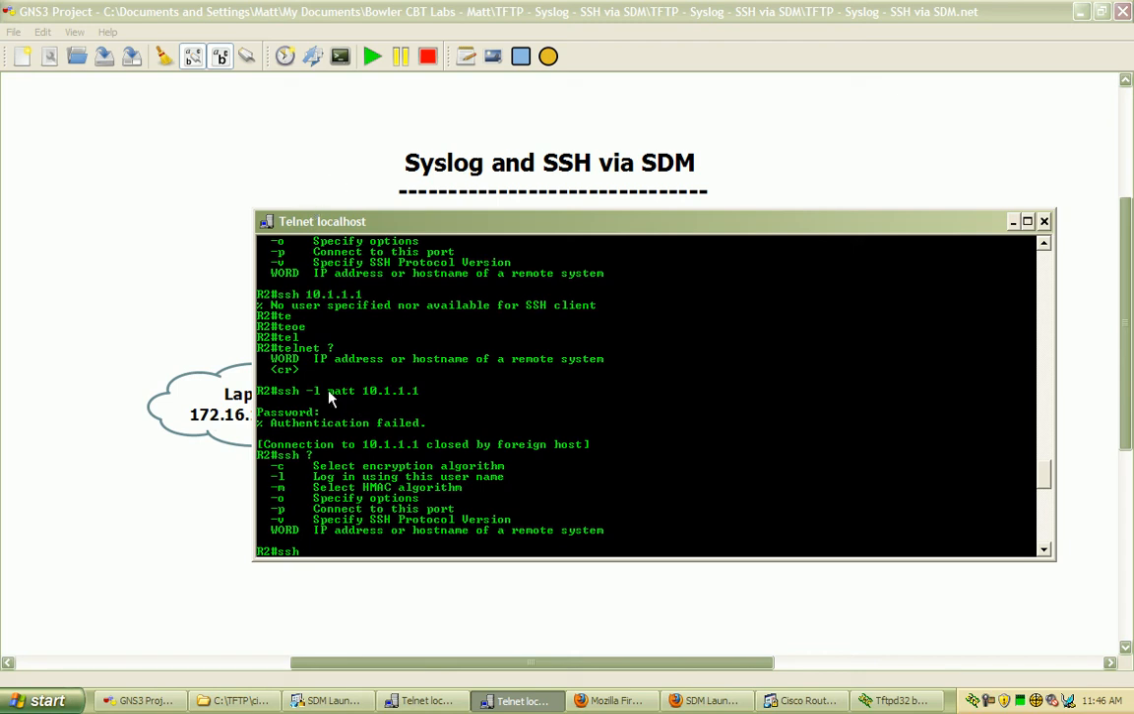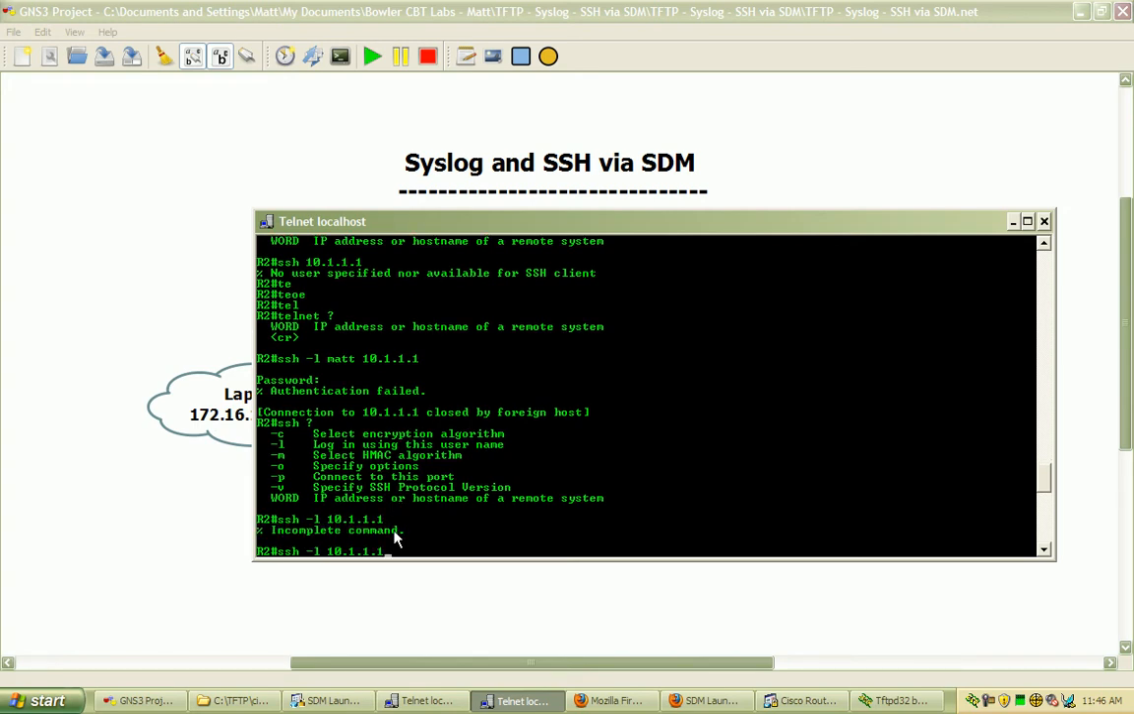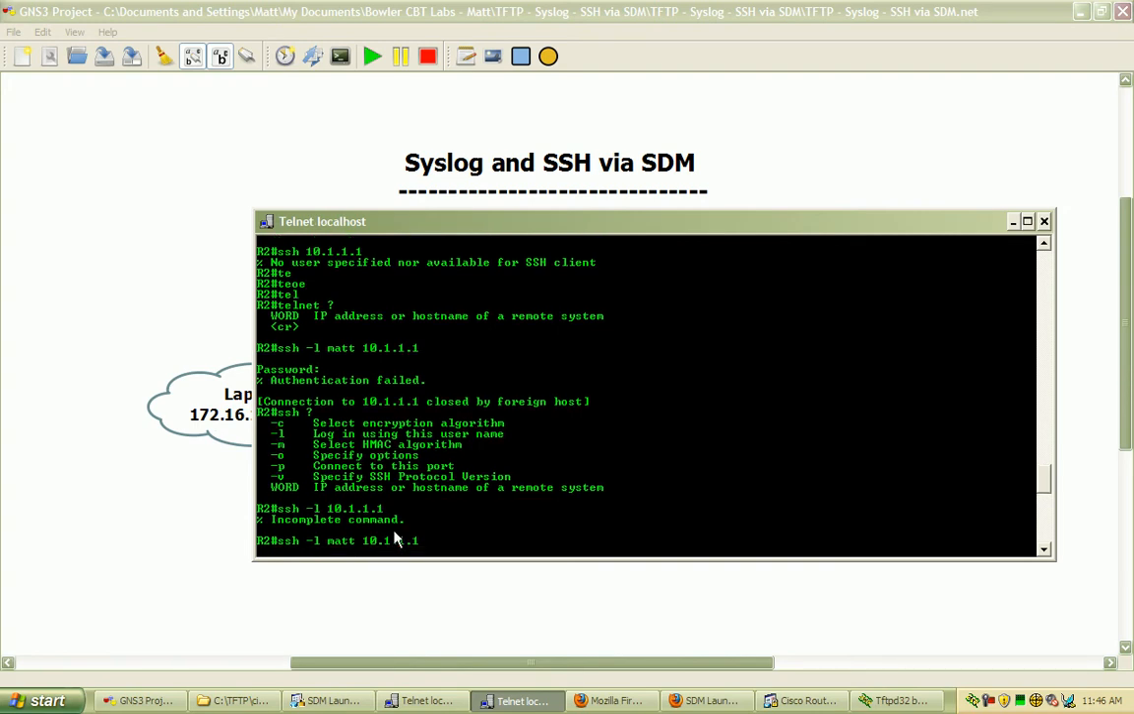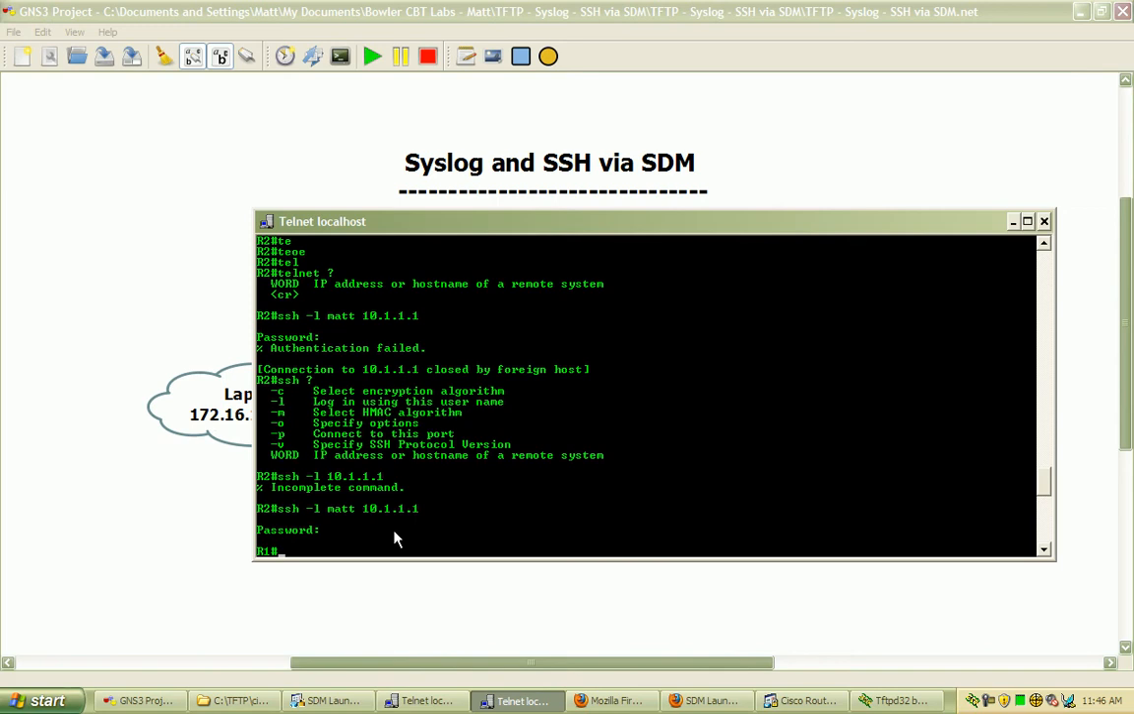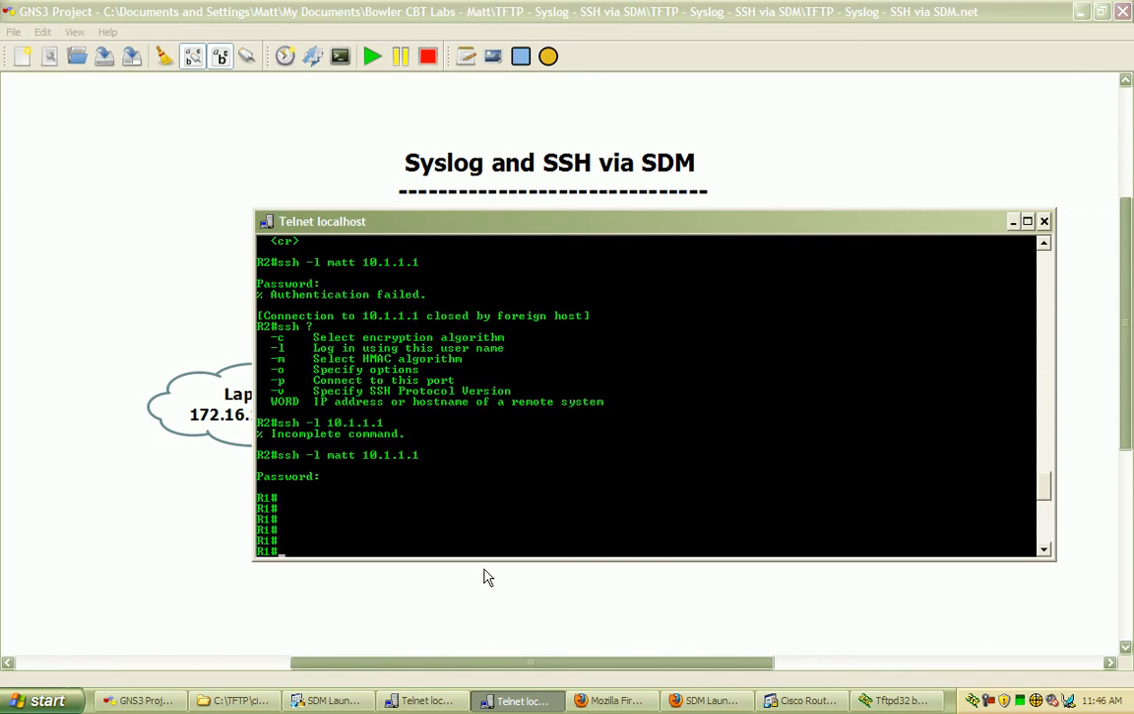and hit question mark, we can see some of the arguments available to us, and I need to specify that I will log in using the username of Matt, and I can accomplish that by doing the -l option and entering in the IP address. The username of Matt and then the IP address. Should be prompted for a password, Cisco all lowercase, and we can see now that I have a connection opened